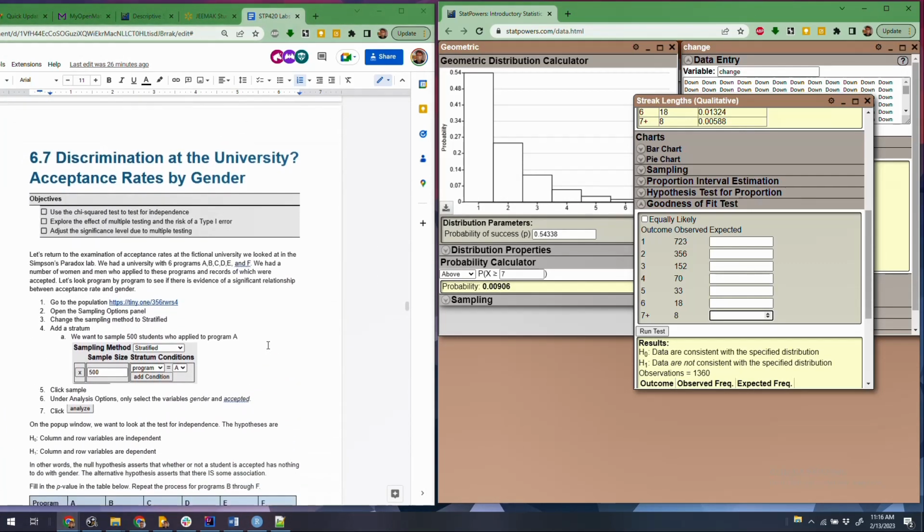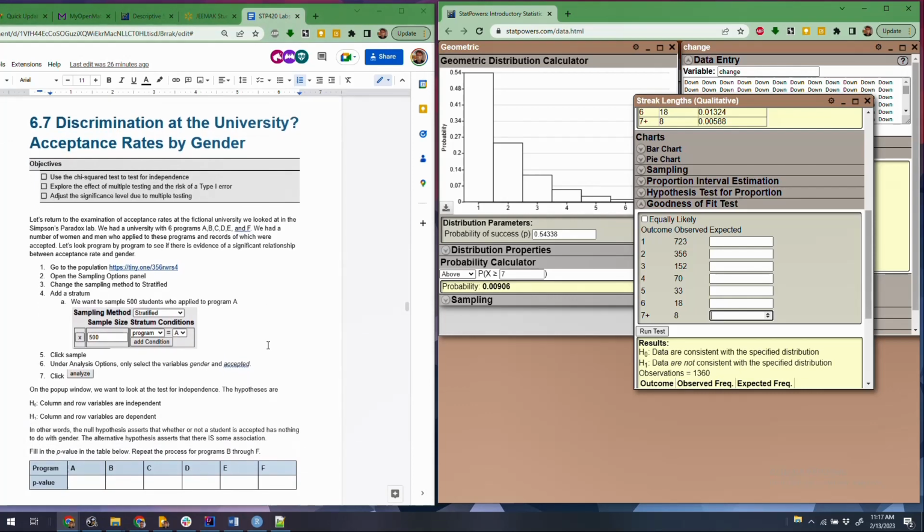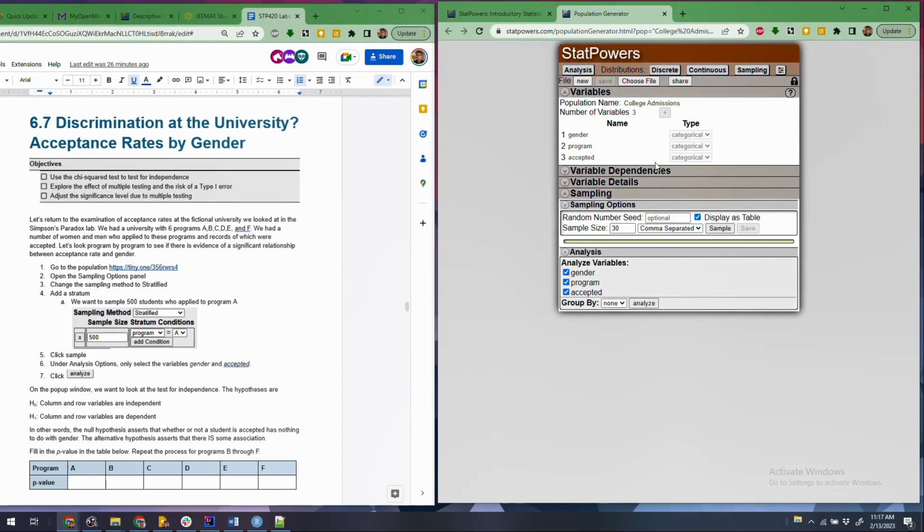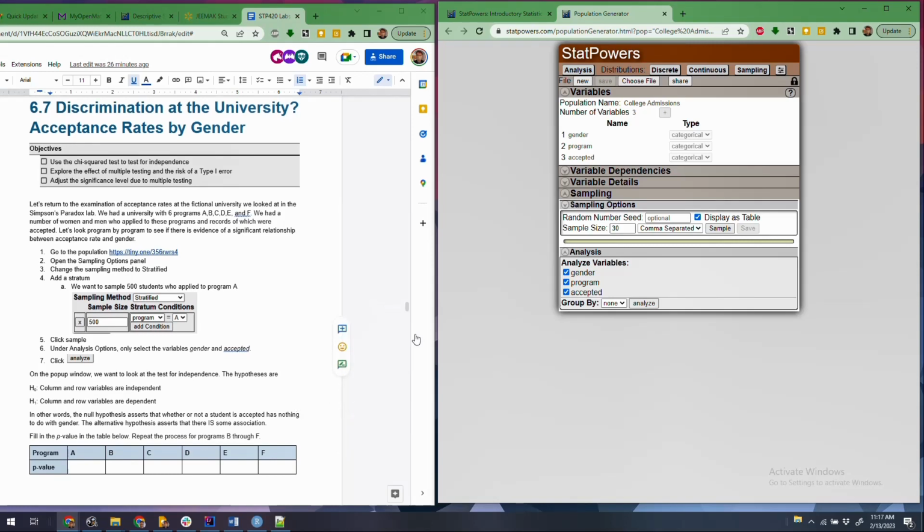I'm going to talk just a little bit about that discrimination at university, acceptance rates by gender. Now this one is similar to a lab we did early on. I'm going to open up the population generator over here. What we have is a hypothetical university, and we're going to be looking at the acceptance rates within each of these programs to see whether there is gender discrimination. And so what you want to do for each one of these is generate a sample of 500 from